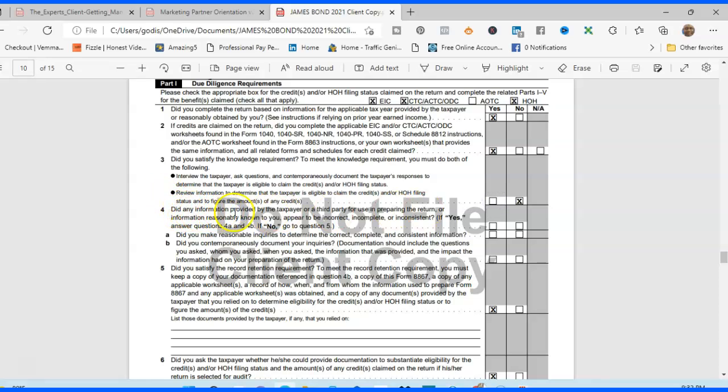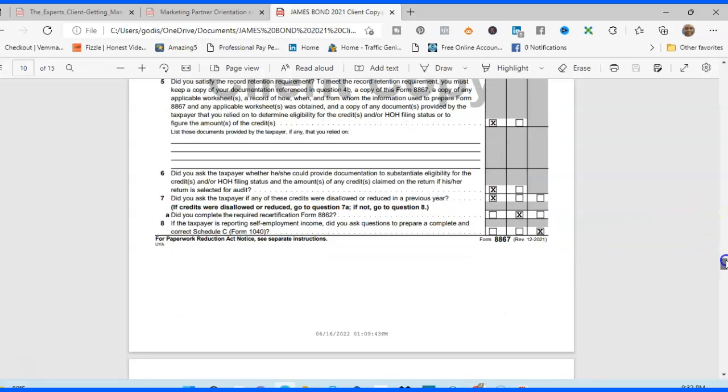Number four said, did the information provided by the taxpayer or third party for use in preparing the tax return, information reasonably known to you, appear to be incorrect, incomplete, or inconsistent? That's no. Because if you say yes to that, then you shouldn't be doing that tax return because that's a big, big red flag. So that question normally would be no, because like I said, if you say yes to that, then you have to make an executive decision not to even do the return. Then we skip down to 5, 6,